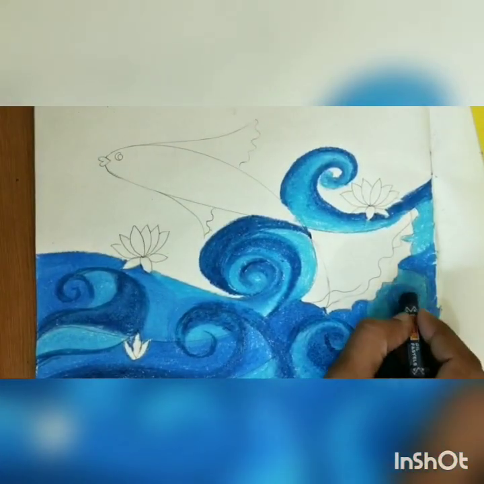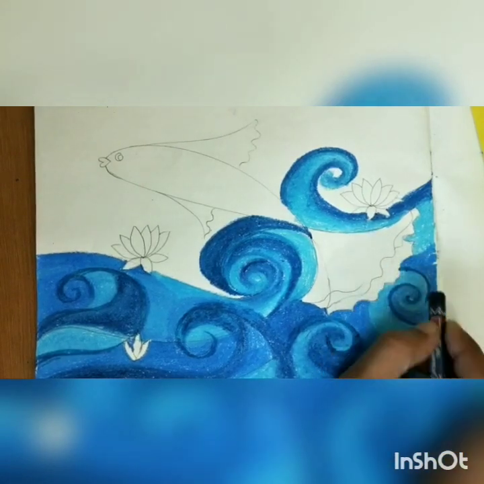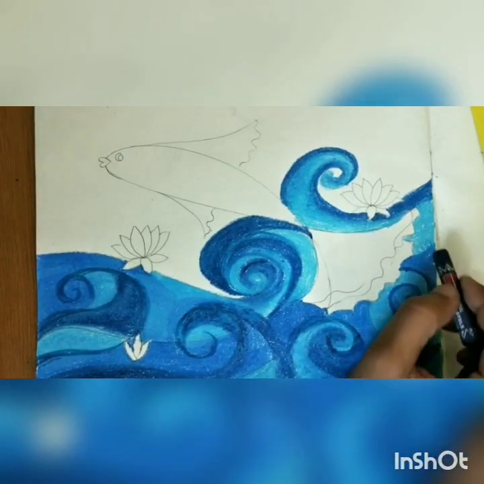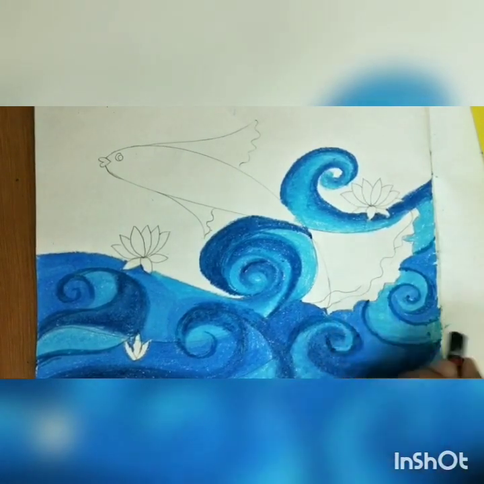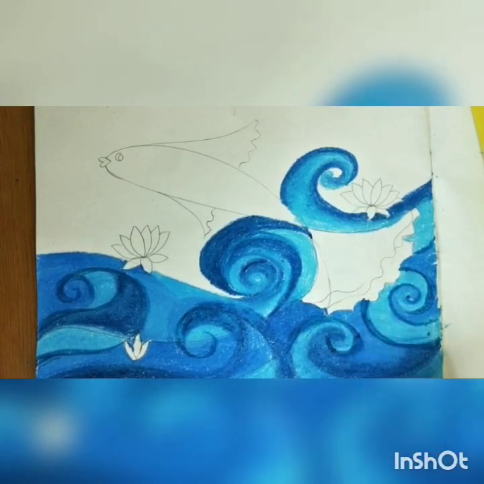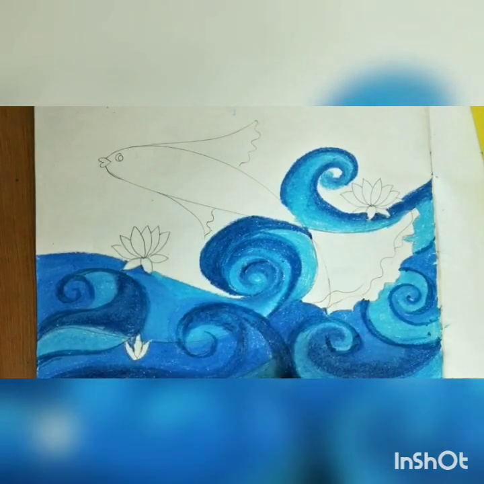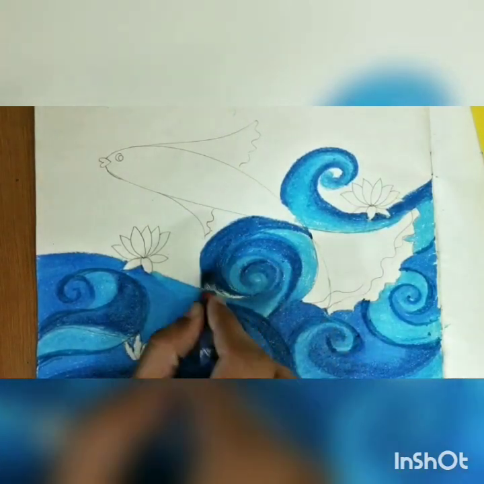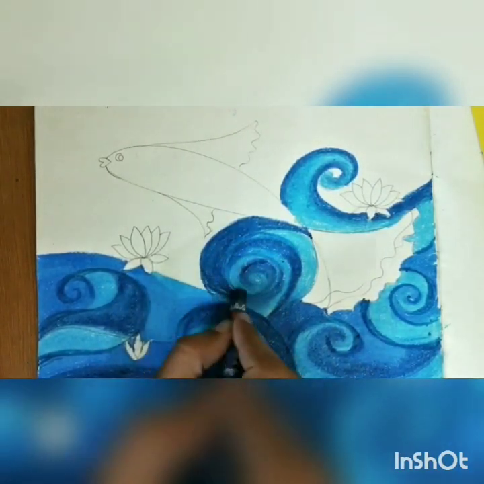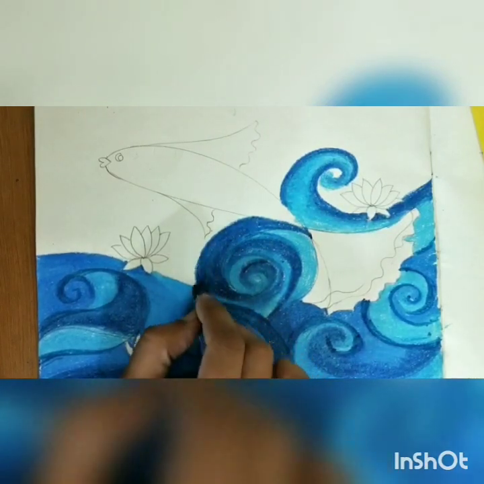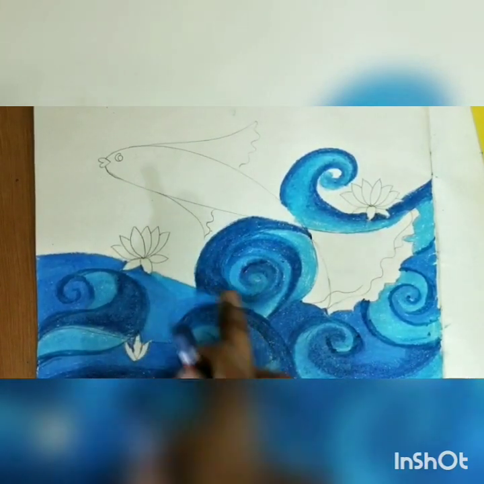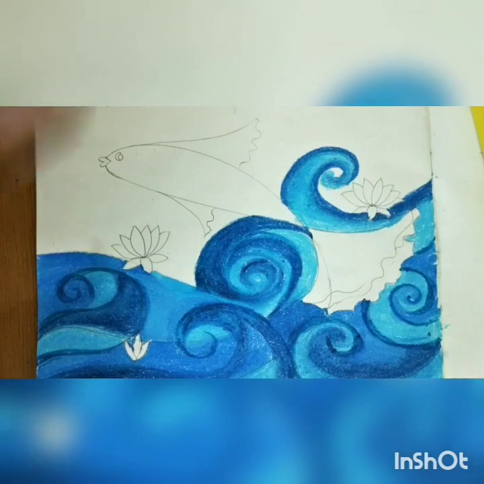After that work, I am using a darker shade to shape it properly. A darker shade of blue, shaping our wave shapes properly. See, now the waves look good.